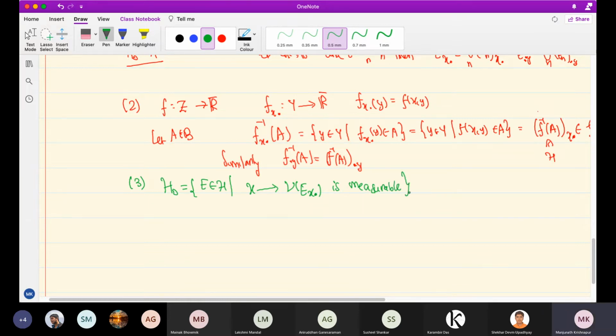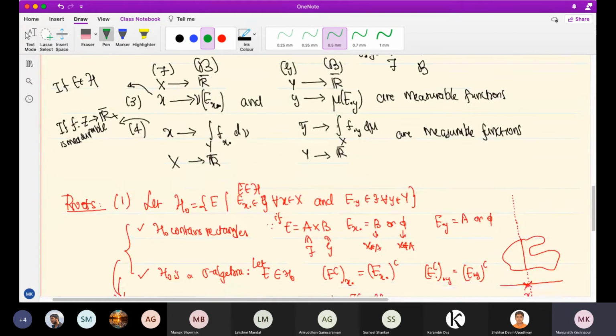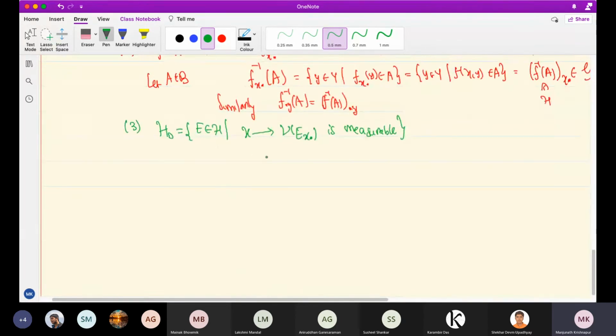I will just write this one. You can write the other one also, but just to reduce the writing, let me just take the first property. Absolutely the same applies to the second one, y going to mu of E dot y. So let's just look at this one. What I want to show is that this is the whole of H. So first of all, if E is a rectangle,